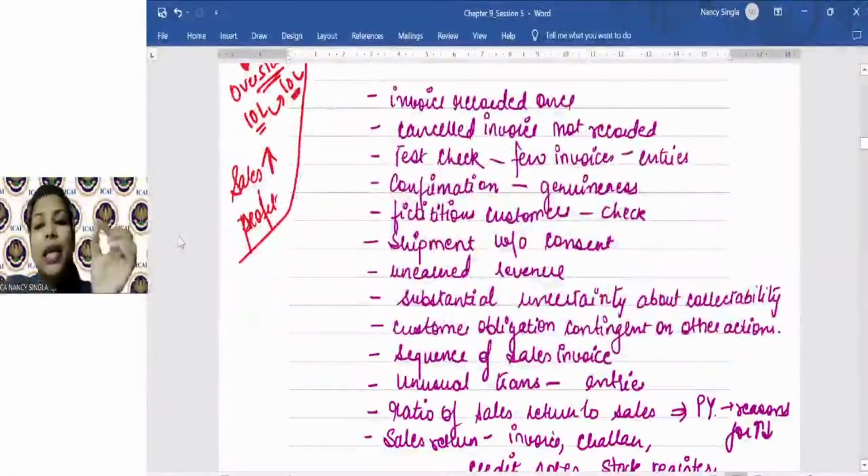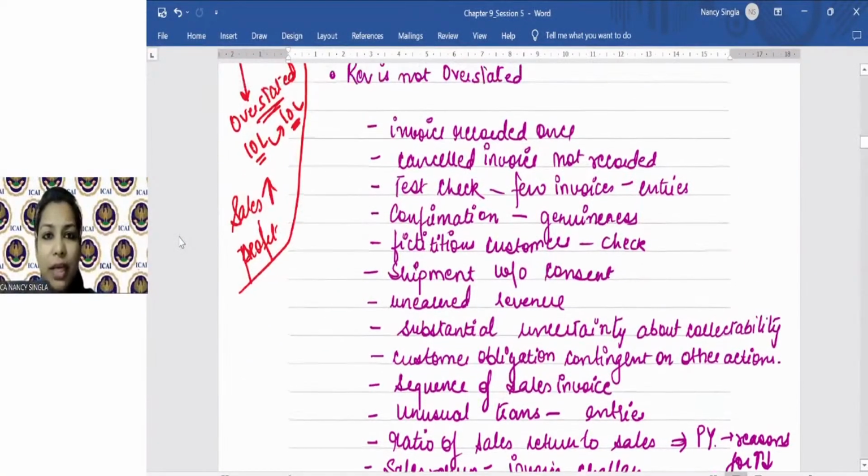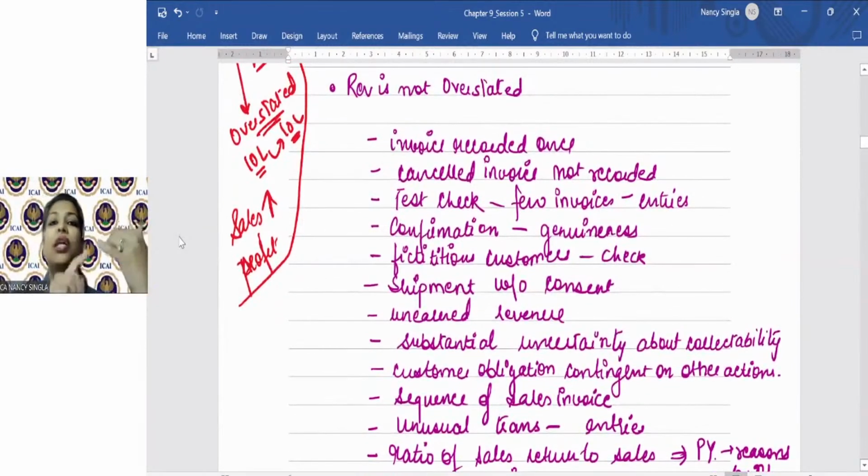ठीक है, अब देखो बहुत simple सा है, अगर मैं एक ही invoice को if I record it twice, obviously that is going to inflate my sales. So first of all, auditor will verify whether invoices are recorded only once. Simple है। अब आप माइंड में क्या रखो, that overstatement नहीं होना चाहिए revenue का, जिससे कि profits inflate होना चाहिए, ऐसा नहीं होना चाहिए। तो दो बारी recording नहीं होना चाहिए of an invoice। Cancelled invoice है वो भी record नहीं होना चाहिए। Simple logical है बहुत।